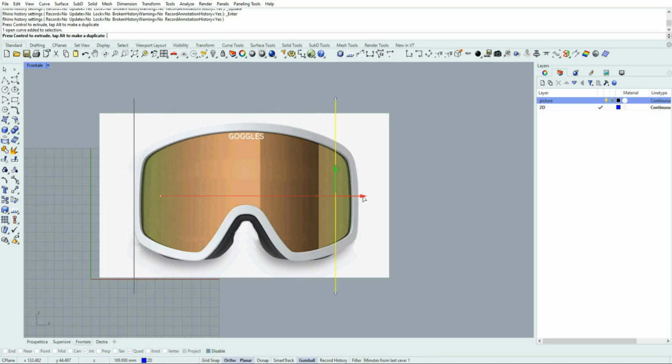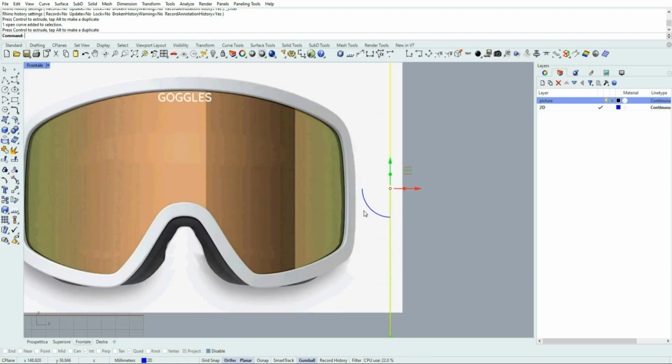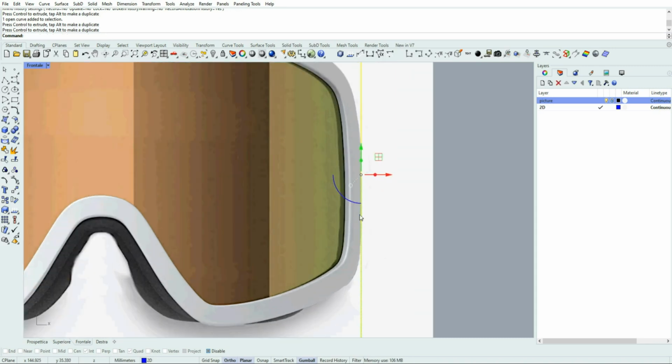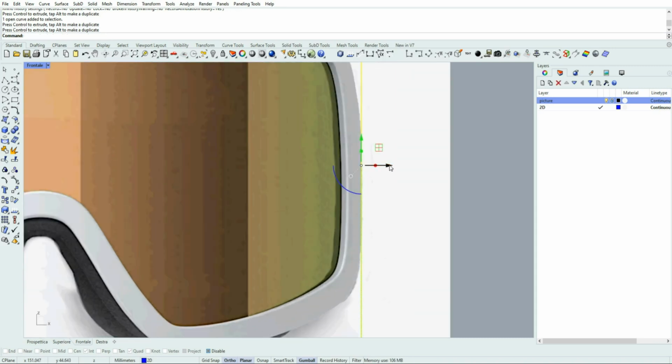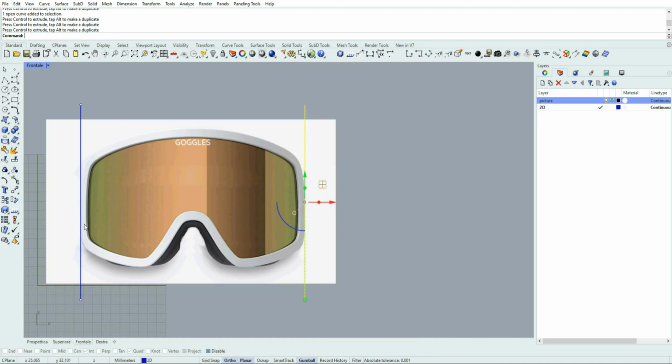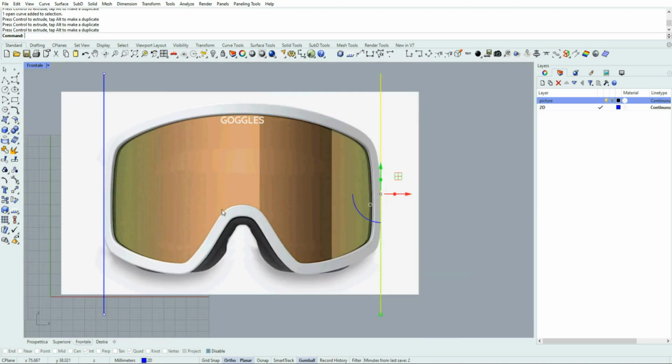Then I copy by dragging the red arrow and clicking the Alt key. Then I adjust the position of this second line. The more I zoom in, the better the precision.